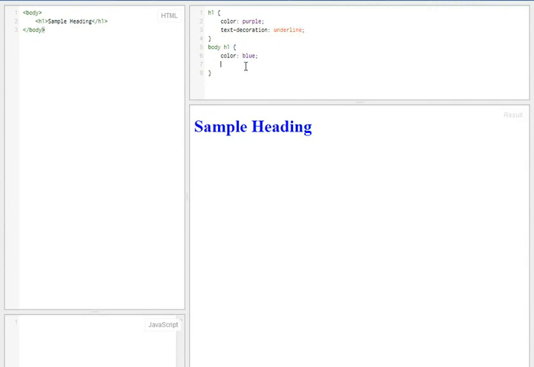Now, before I update it, what do you guys think is going to happen? Is my heading going to be underlined or not? Okay, and why? Yes, because there's nothing to override it. So it's going to inherit its way back up the tree or the style sheet until it finds something that matches it. Likewise here,